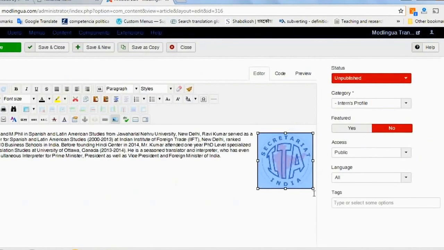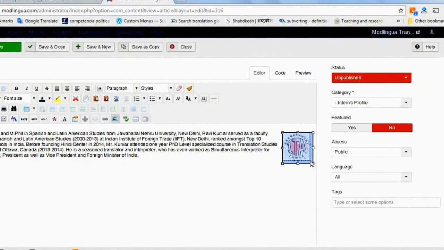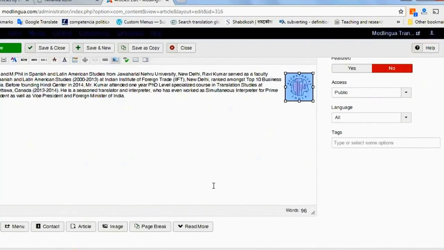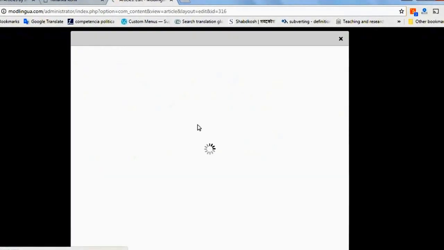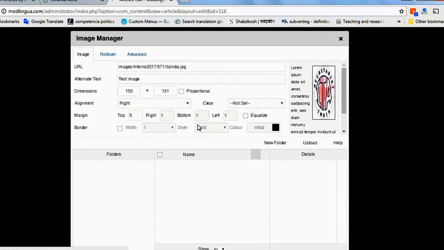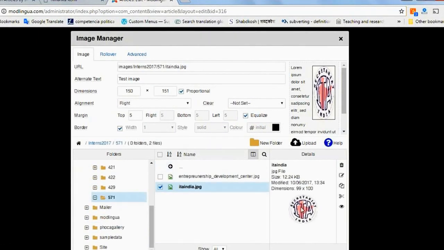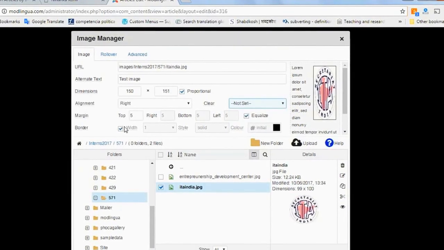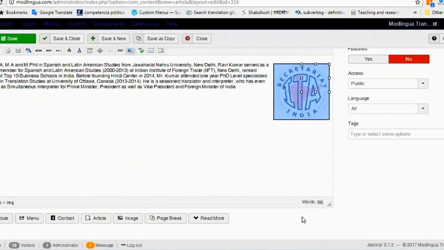If there is any problem or something, I can still play with this, because this photograph appeared to be too big. So now I'm okay with this. Or if you wanted to edit this, I will have more options to play with the photograph. So now I have this photograph, this size, best image, right, left, set aside alignment, nothing, borders as fine, okay. I'm okay with this. I will update this.